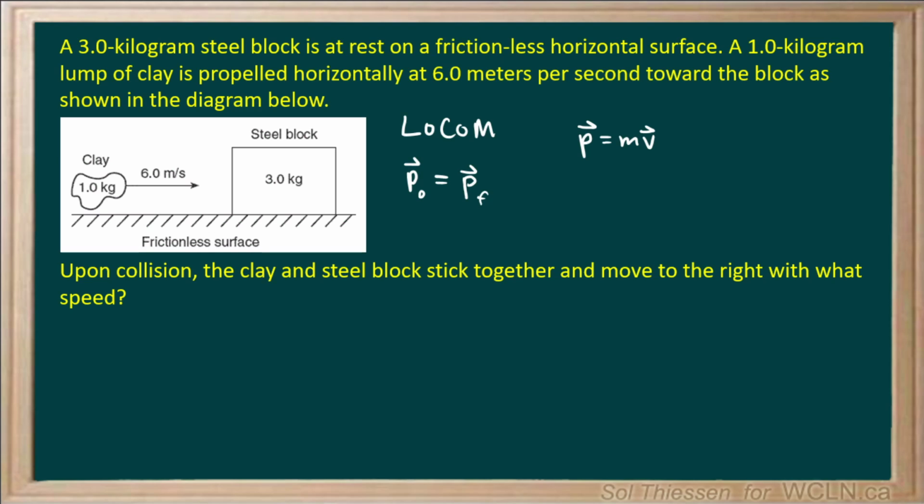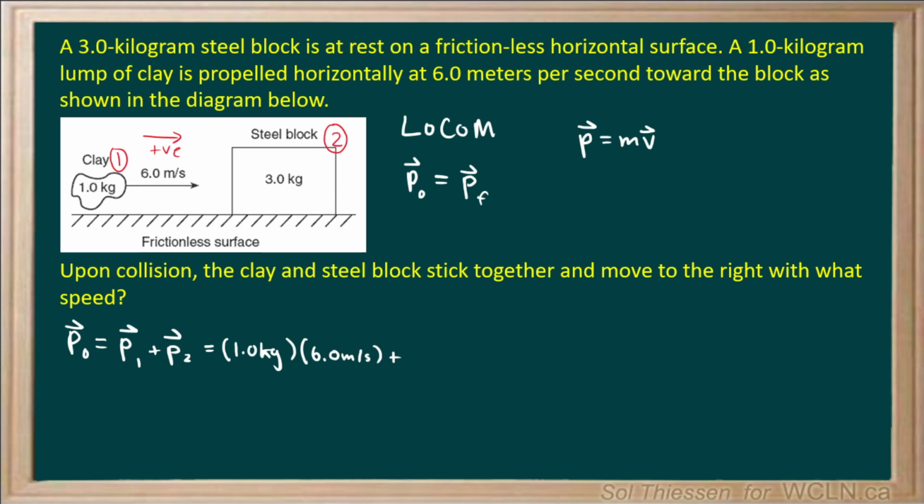Okay, so how about we start by determining the system momentum before the collision. So that will be momentum 1, which is the momentum of the clay, plus momentum 2, which is the momentum of the steel block. And here we're going to consider to the right to be positive, as is the convention. So our system momentum before the collision will be momentum 1 plus momentum 2, which is the mass of the clay, 1 kilogram, times its velocity, positive 6 meters per second,